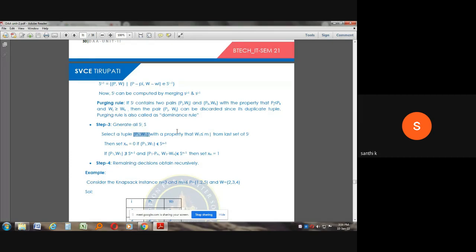So how do we decide which is 1 and which is 0? After taking the ordered pair with maximum profit in the final set, we check if it belongs to the last set, that means S^i, and whether it belongs to the previous set, that is S^(i-1). If it is present in both sets, we consider that object as 0. If it is present in only one of the sets, we consider that object as 1. By using that property, we check whether that particular object is going to be put in the knapsack or not. Like that, we have to keep checking up to the first set. So this is the theory part.